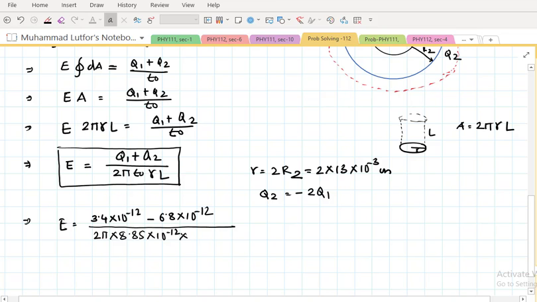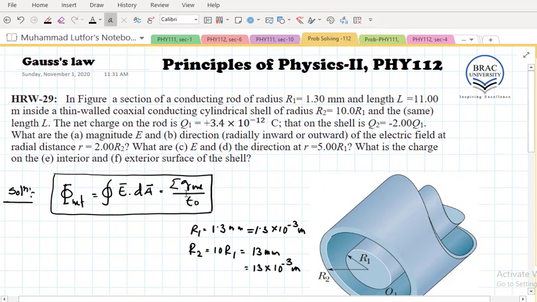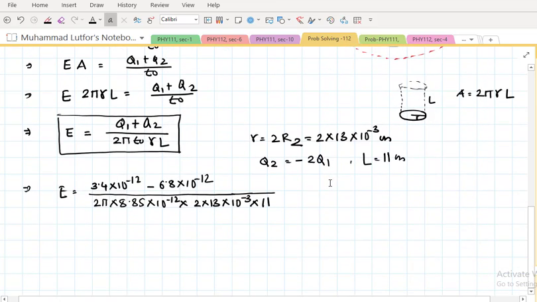R is 2 into 13 into 10 to the minus 3, into L, which is 11 meter. Look at this, they gave the length of this as 11 meter over here. Fine. So if you solve, you'll find out the strength of this electric field will be